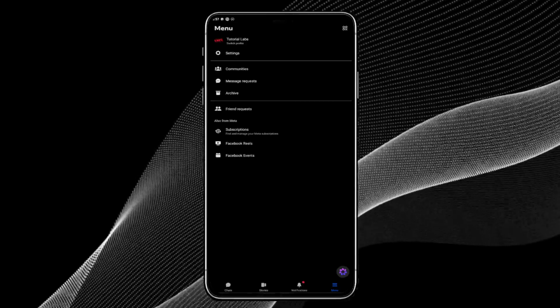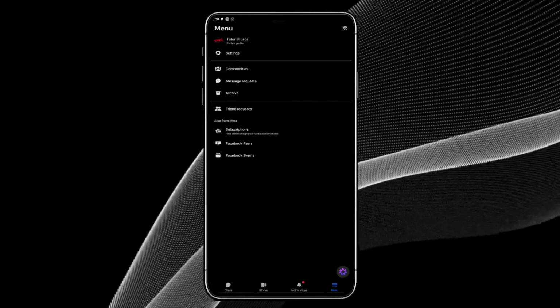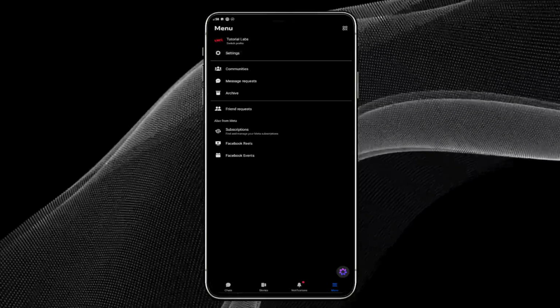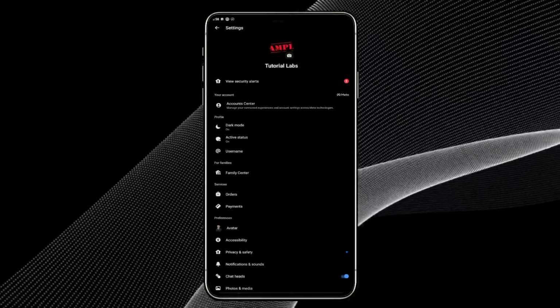Once the menu opens, you'll see several options listed. Look for the one labeled Settings and click on it. This will take you into the main settings area where you can adjust various aspects of how Messenger looks and